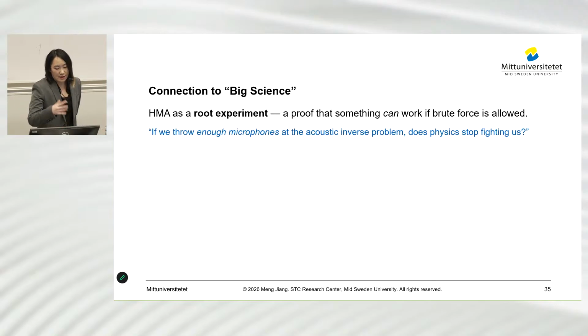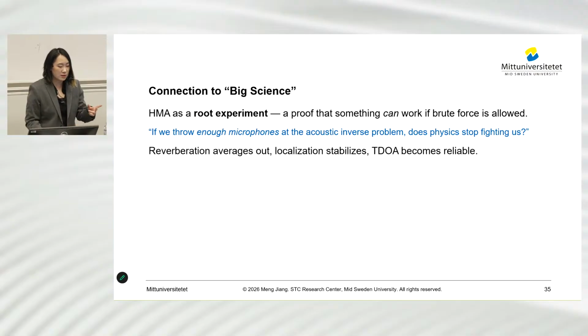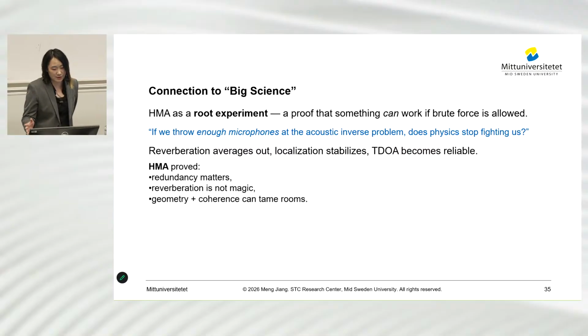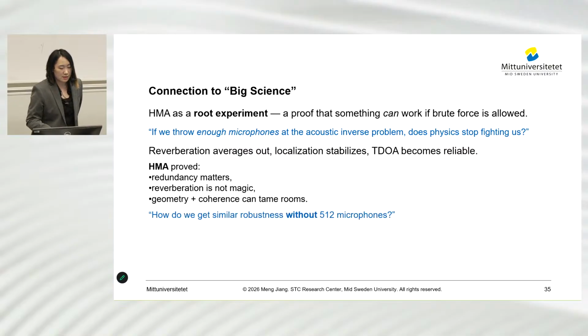It answers the question: if we throw enough microphones at the acoustic inverse problem, does physics stop fighting us? The result is that reverberation averages out, localization stabilizes, and TDOA becomes reliable after these 512 microphones. And then it proved that redundancy matters. Reverberation is not magic, and geometry matters in coherent, contained rooms. So my question is, how do we get similar